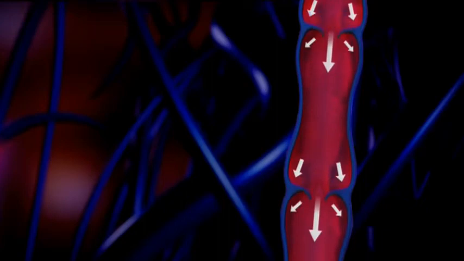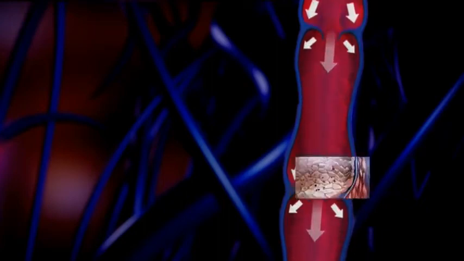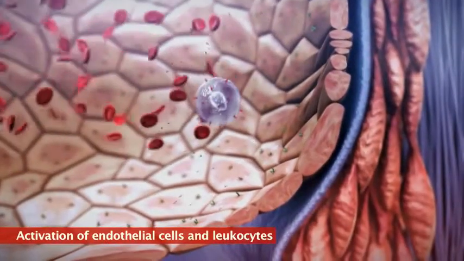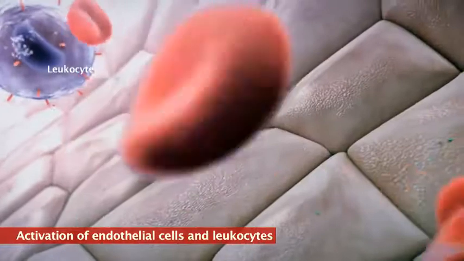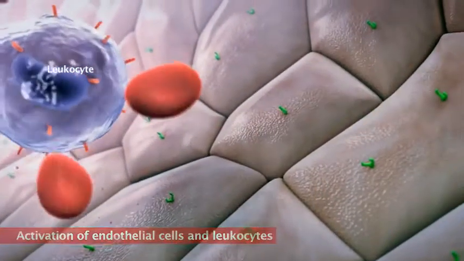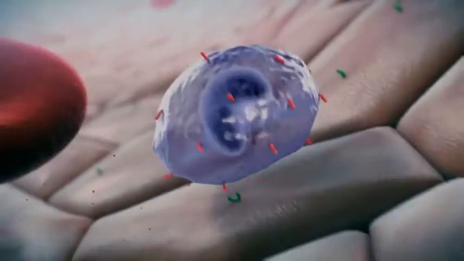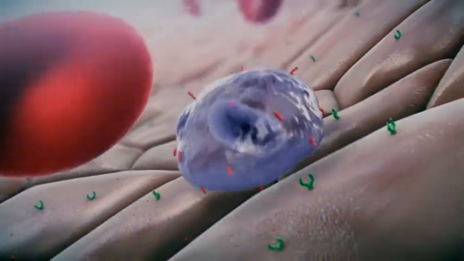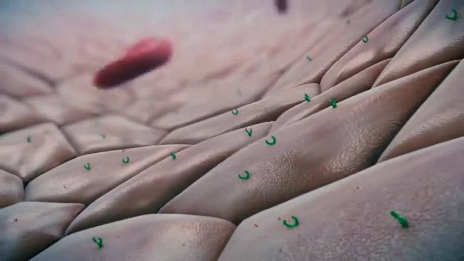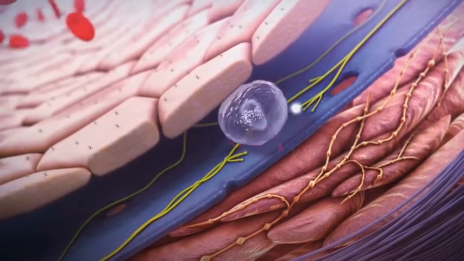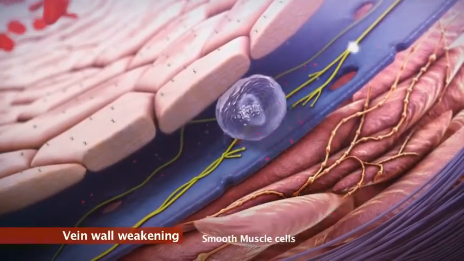When venous hypertension is chronic, the associated altered blood flow leaks through the valves, and flow reversal triggers the activation of endothelial cells and leukocytes. These cells release inflammatory molecules, including adhesion molecules, thereby leading to the adhesion and migration of leukocytes through the endothelium of the venous valves and vein wall. The resulting production of toxic metabolites and free oxygen radicals leads to vein wall weakening and valve damage, which will